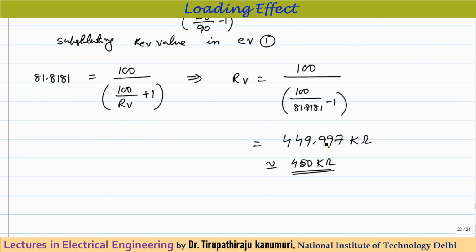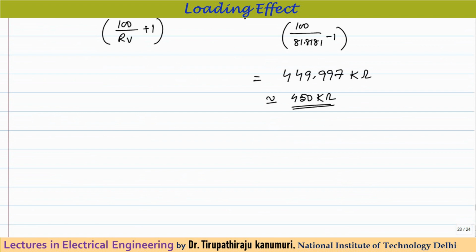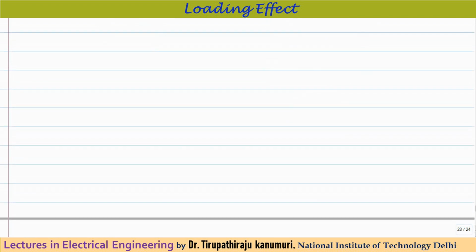If you further increase the resistance, it will draw less current, or it will have less loading effect. So automatically that value will approach the true value. As the value of the resistance keeps decreasing, it will draw more current, or we can say it will have more loading effect on your instrument.